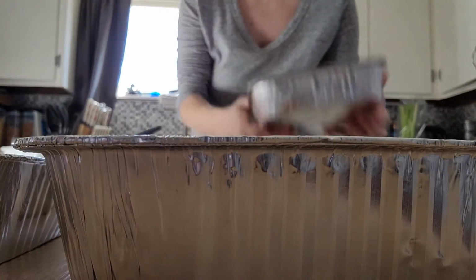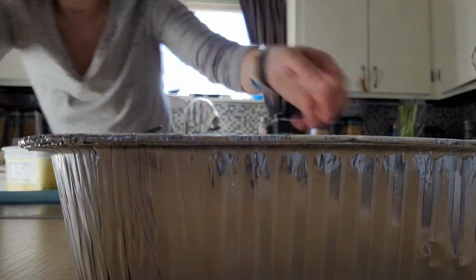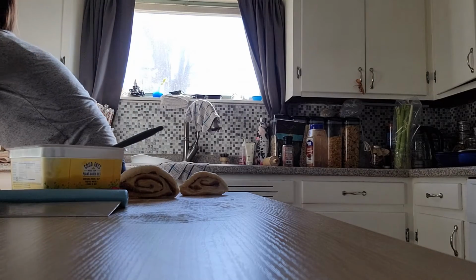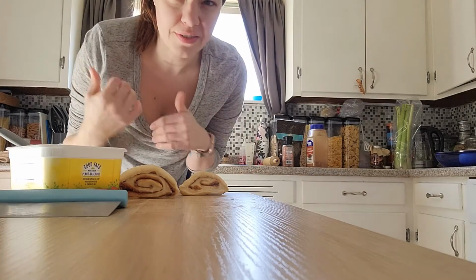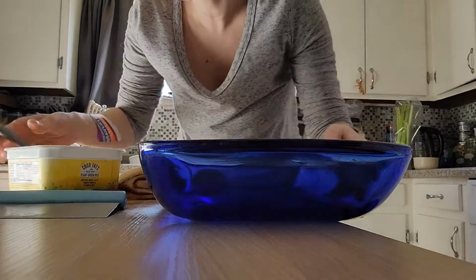These need to rise, so I'm just going to set them in the warm oven. About an hour. And the oven has been off for over an hour, so it's barely warm. Basically, the light from inside the oven is going to keep that warm. And for us, I'm just going to